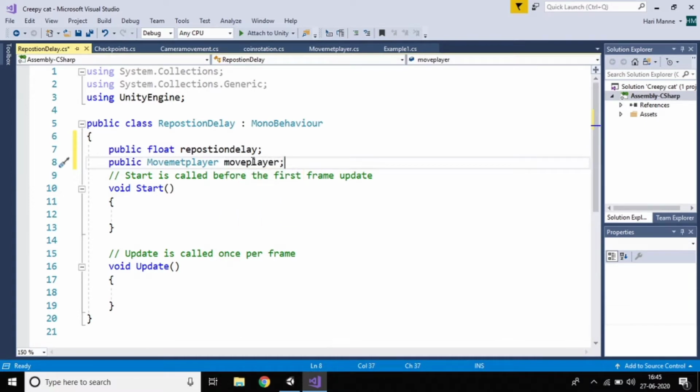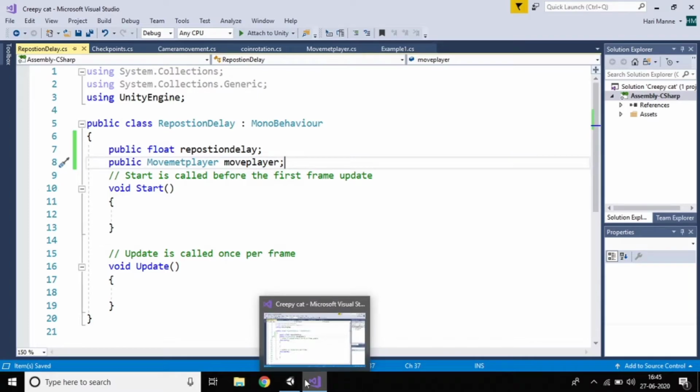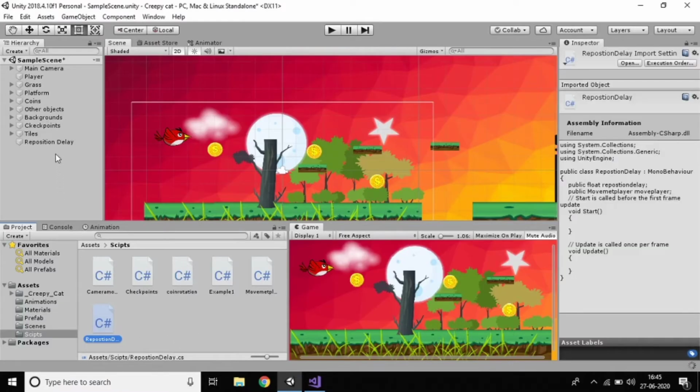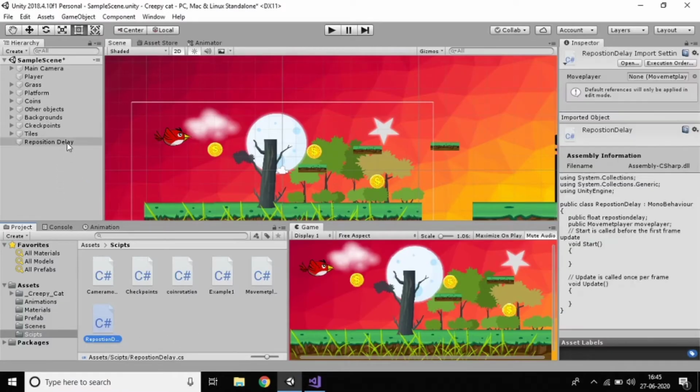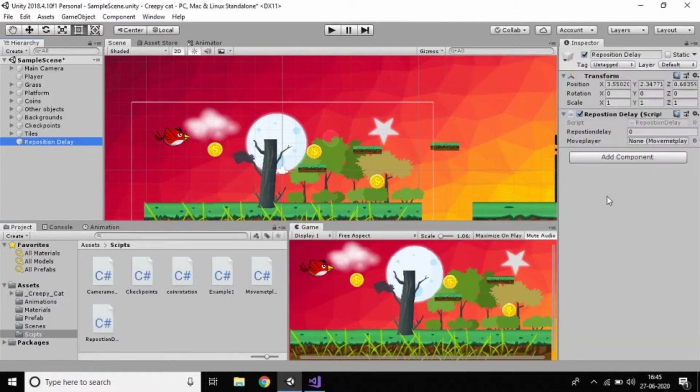So assign a variable. Just press Control S, and you can see you can drag and drop here, just drag this. Otherwise you can add it by using Add Component also. Just click this one and you can see, yes, of course we can give the reposition delay time, after 3 seconds the player should appear, or whatever it may be.